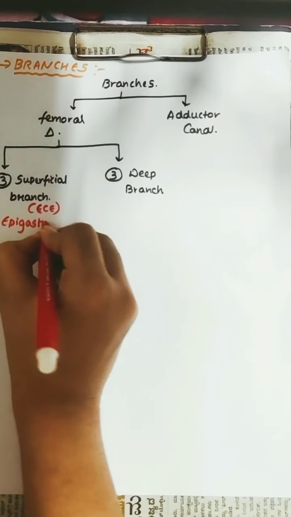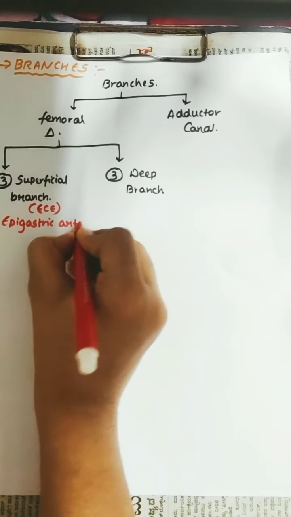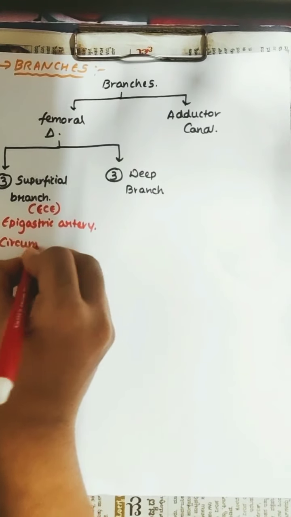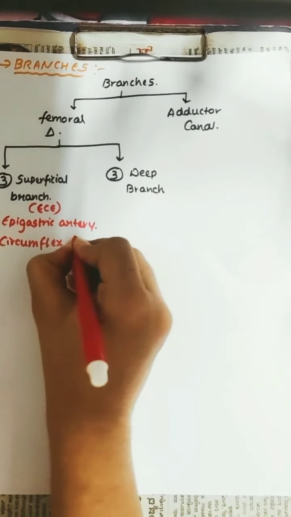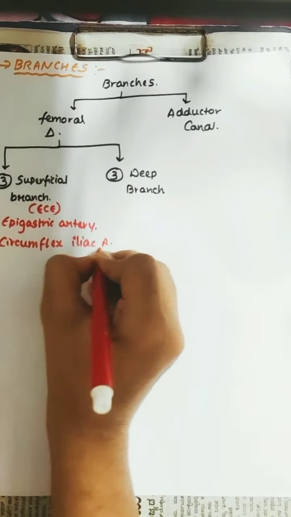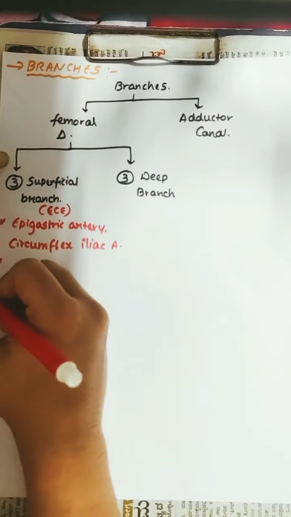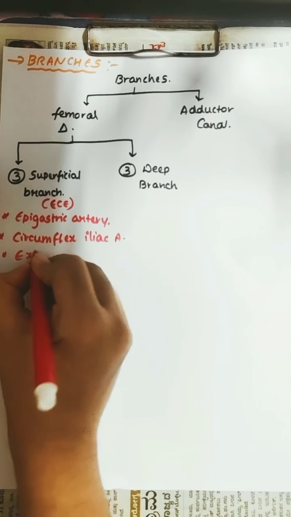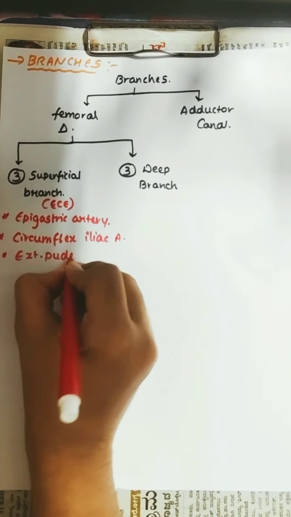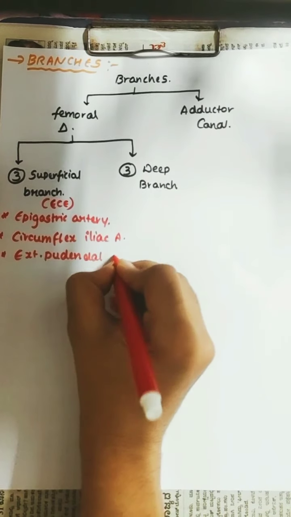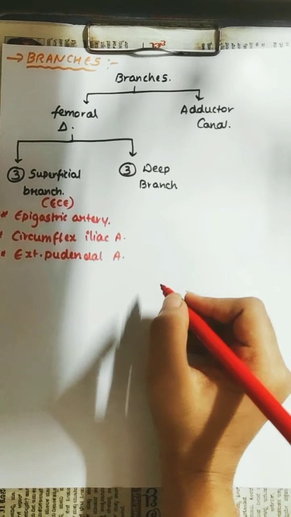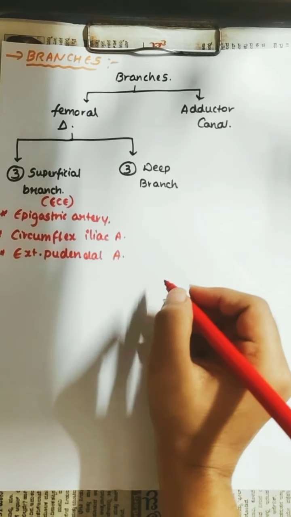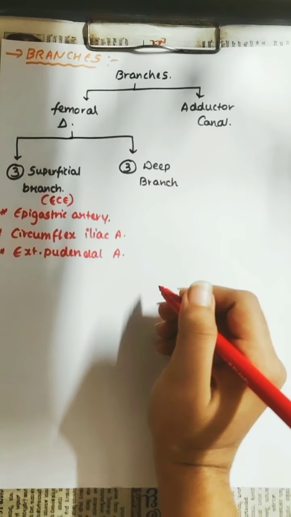It also gives rise to 3 branches in the deep area: profunda femoris artery, deep external pudendal artery,